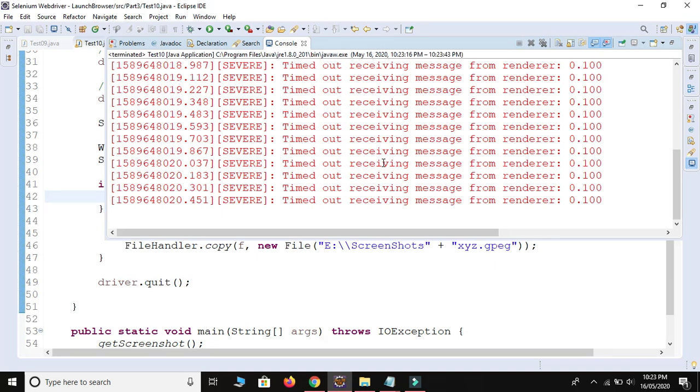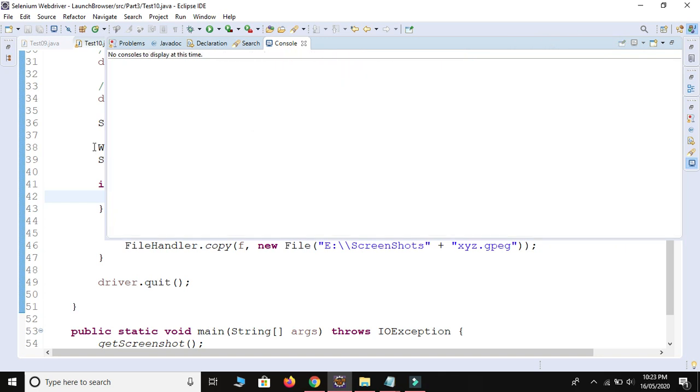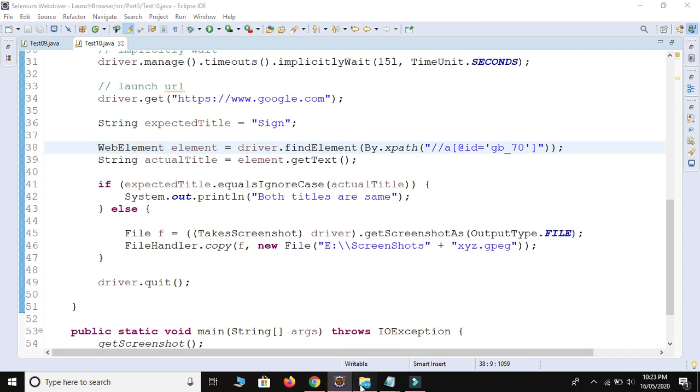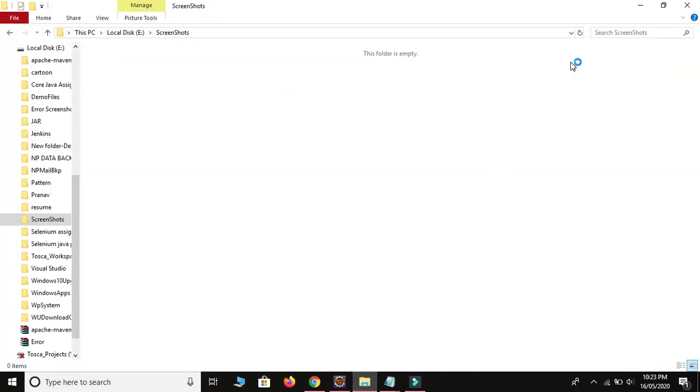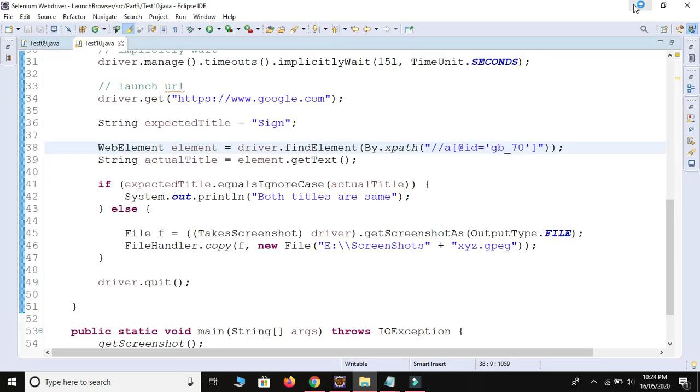The browser is closed, so I think we got the screenshot in the folder. Let's see if we got it or not. Let me refresh. I think we didn't receive any screenshot in this folder. Screenshots plus xyz.jpg, everything is fine.